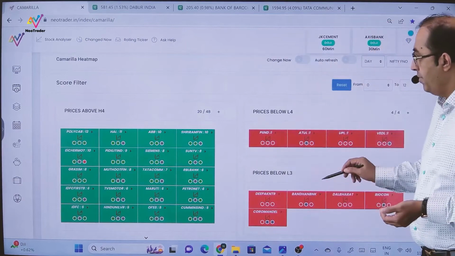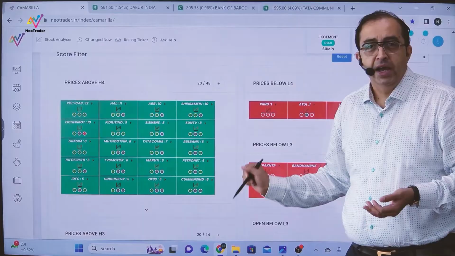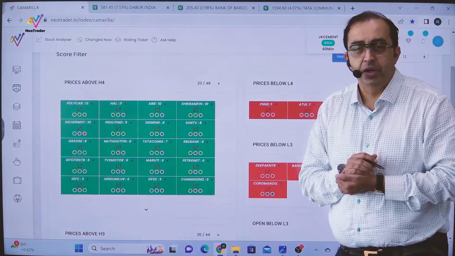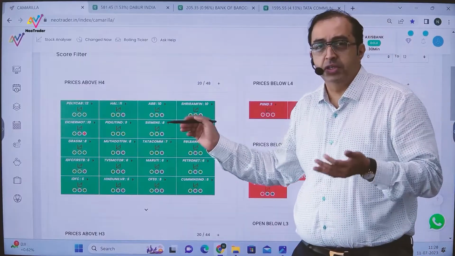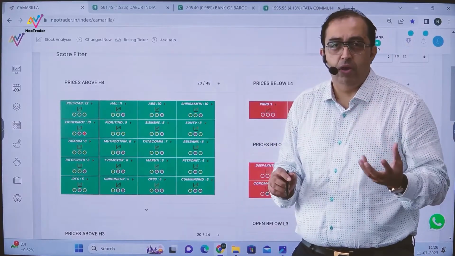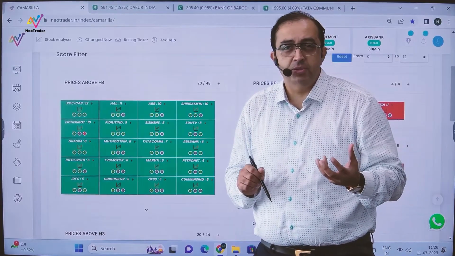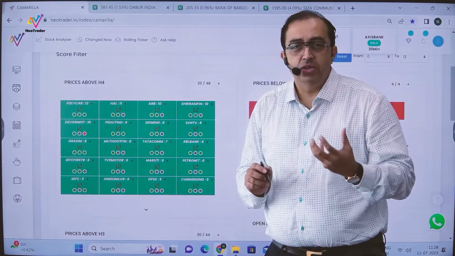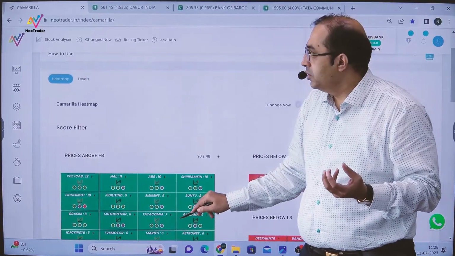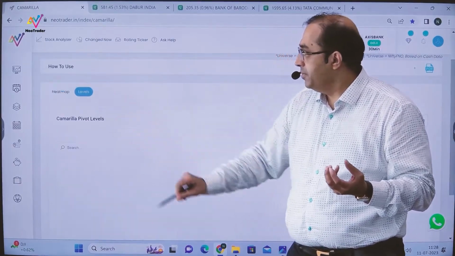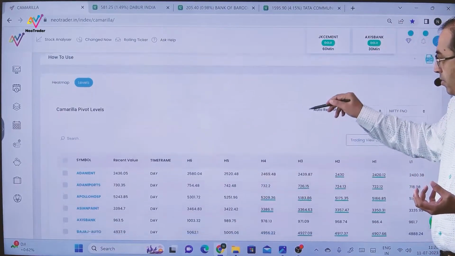So now, having said that, you can see here this is how the entire heat map section is designed. Along with the heat map, at this particular juncture, suppose you are trading and you want to find out what the suitable levels are. As we have discussed as part of the escape strategy, the target zones are H5 and H6. So all you have to do is go here to the levels section, and in the levels section you will have all the elements.